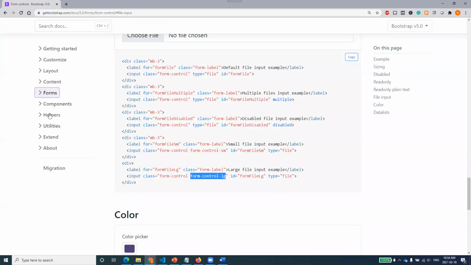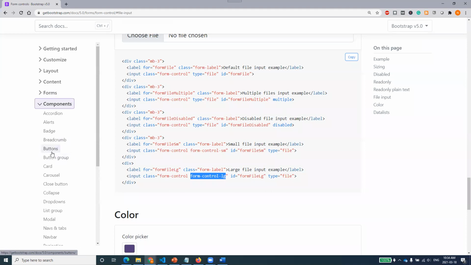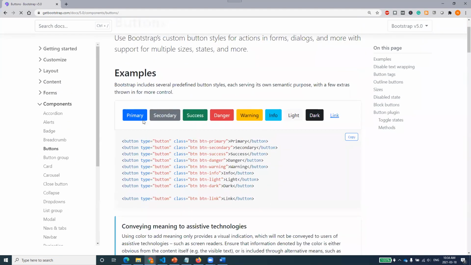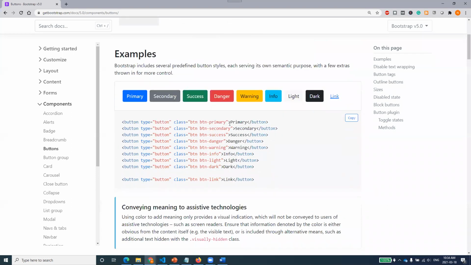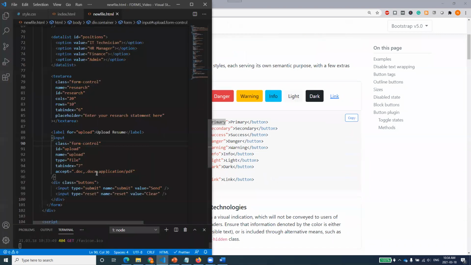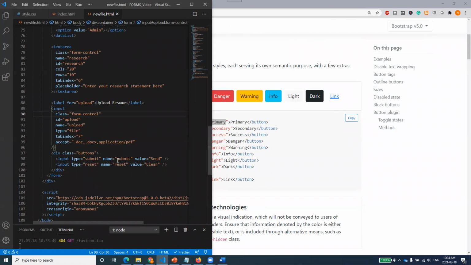Let's go to the buttons, and buttons will be in components. If you go into components and find buttons, you see that there are primary, secondary, success, danger, warning, info. All these buttons have been previously designed for us. So if I want to implement a button as btn-primary, I'll use this btn-primary in a button. I copy this with Control C. Before even adjusting their size, I want to implement a class in it. First button: I need to have class equal to btn-primary.